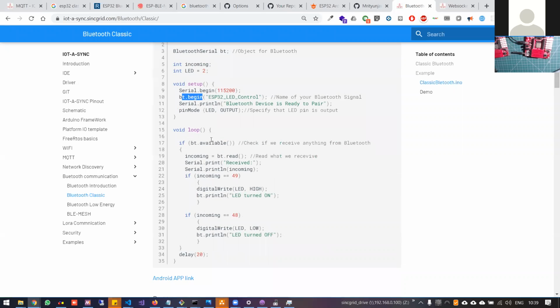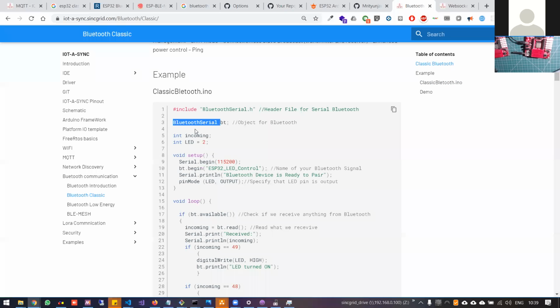Those things are being done in this object or this class, and that class takes care of all that complexity. As I also told yesterday, there are various higher-level APIs. Once your system gets complex, the company provides the API or classes for each thing to make the job of the firmware developer, the software developer, easier. So over here, this particular class contains all the code we need, and we are just instantiating it